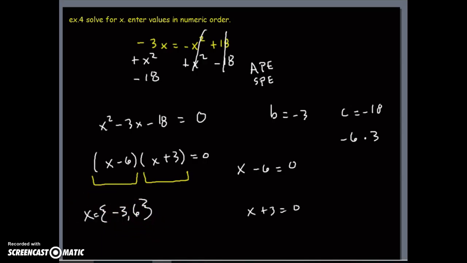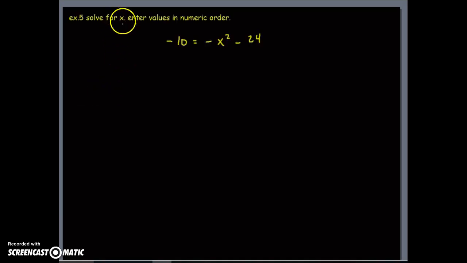Last example today. And here we have negative 10 equals negative x squared minus 24. So we're going to do the same exact thing we did in the previous example. Because the x squared term is negative, and I'll make a little note to myself, always want a positive x squared. I'm going to add this x squared, I'm going to add this 24, and then I'm going to make sure I do it to both sides. So plus x squared